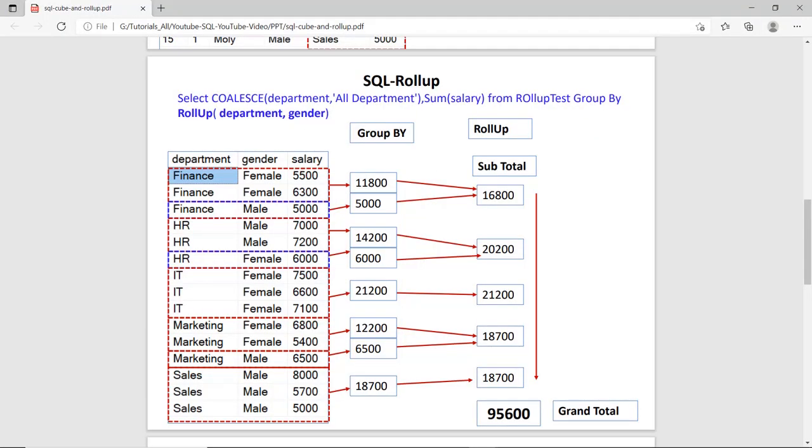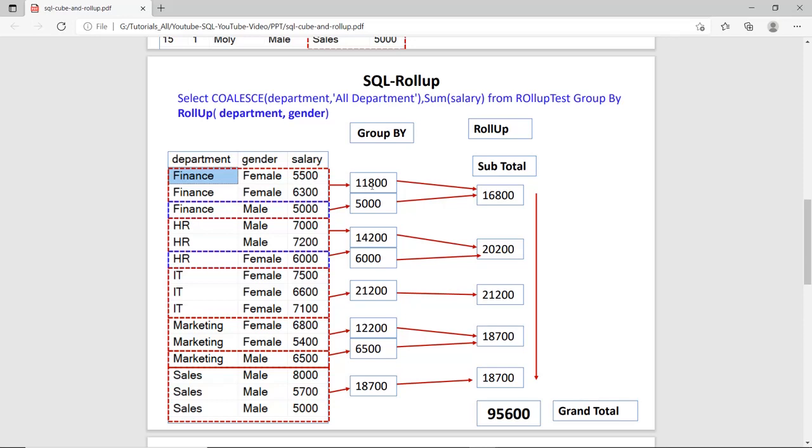We can understand this example with this diagram, using 2 columns or multiple columns in rollup. So right now we are using the department and gender. First of all the group by is applied, and it is creating the group finance female as the first group. These are the figures, and the second group is finance male.